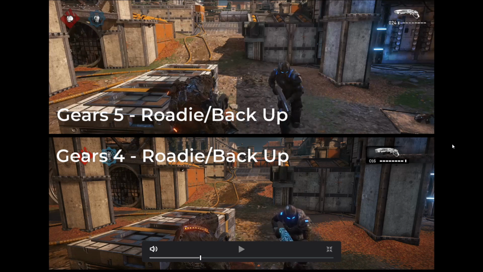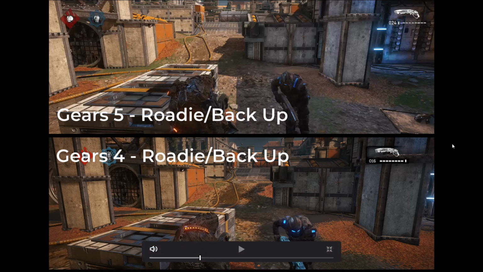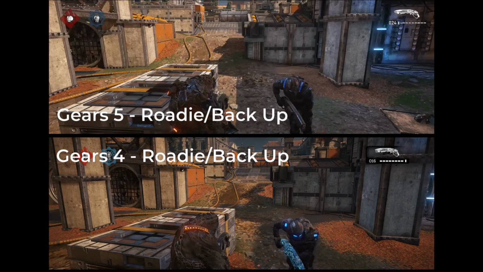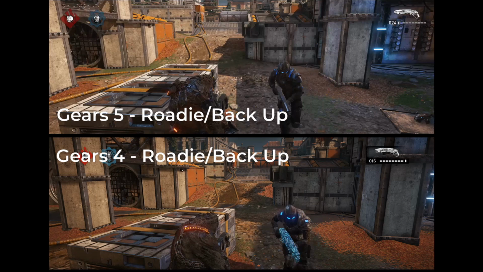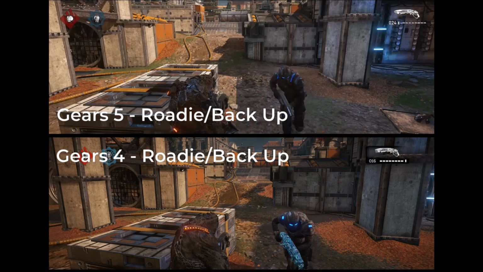The Gears 5 character is further back and going a lot faster, pulling out of the Roadie run a little bit more, or is already stepping back a little bit faster than in Gears 4. It's kind of hard to tell, but this is something that I've noticed in game a lot. Especially in these couple frames here, you see that the Gears 4 character is backing up as well, even before coming out of the Roadie run, but the amount of distance traveled between Gears 5 and Gears 4